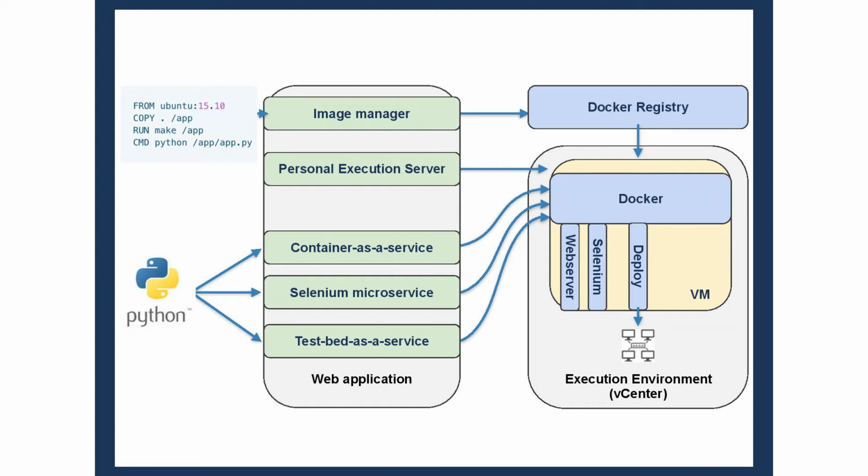And with testbed as a service, we allow our automation engineers to deploy the topology that they desire inside the execution environment. By topology, we mean an arrangement of hosts and network configuration. What does testbed as a service offer? Well, it lets us have a consistent testbed. It is a lightweight and scalable endpoint solution, and it's a simplified process in an all-VM testbed environment. And it is also platform agnostic.